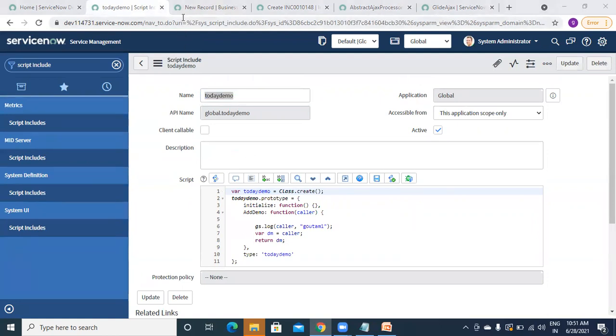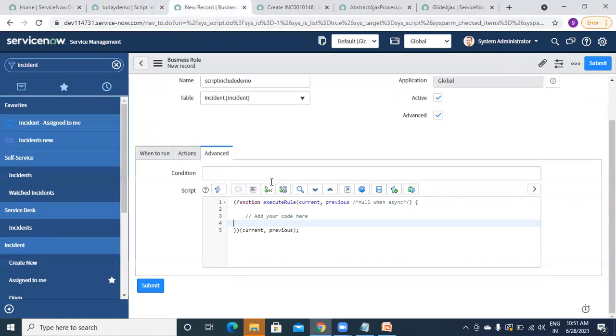So how can you call it directly: var answer is equal to new your script include name, a bracket open close, dot your function name. That is enough. And if you have any parameter you want to pass, you can directly pass it here. No need of writing add param or anything.